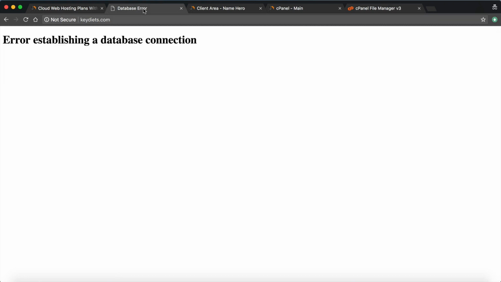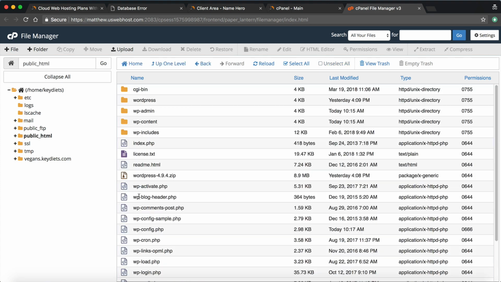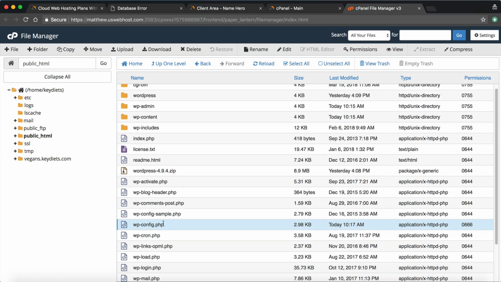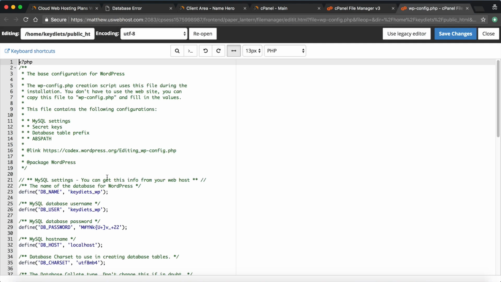Now, if WordPress comes up when you type in your domain, most likely WordPress is installed in your public HTML folder. So we're going to double click on the world icon here, and we're going to navigate to wp-config.php. So this is my config file, and if your WordPress is in a subdirectory such as WordPress, maybe check inside of there. So I'm going to click on Edit, click Edit again, and I want to look at my